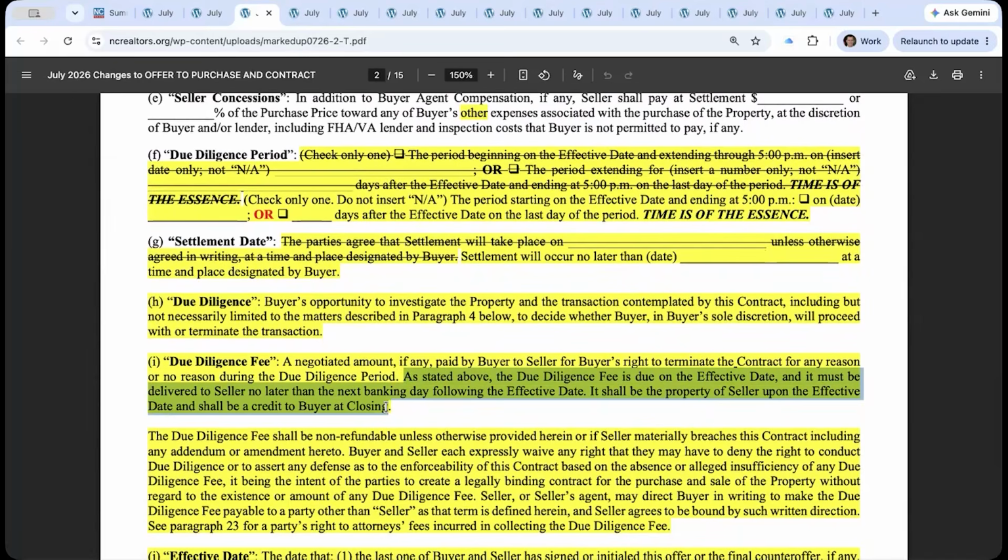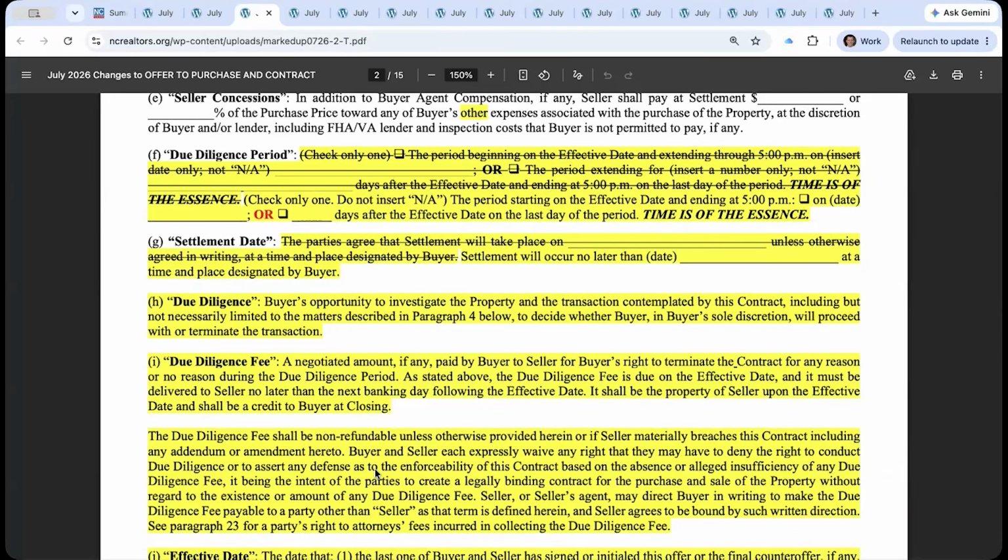So what that's going to do is give you a little extra time. If your client goes under contract late on a Friday, then they now have until the end of Monday to pay the due diligence fee to the seller and not have it be late. So it's not like they go into contract and then, on Saturday, when maybe their bank is not open, or most buyers, for whatever reason, go under contract when they're on vacation. I don't know why that is, but it's a very frequent hotline call. In any event, the buyer now has some built-in grace period to make that payment and not be